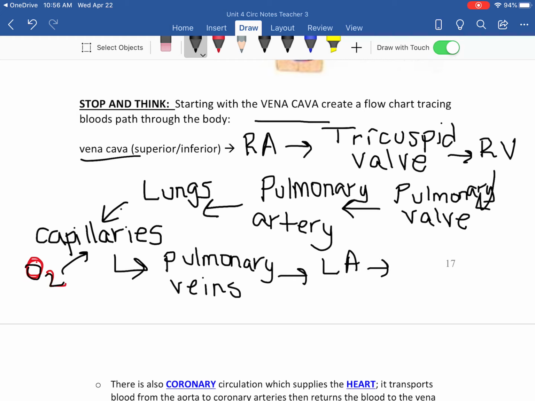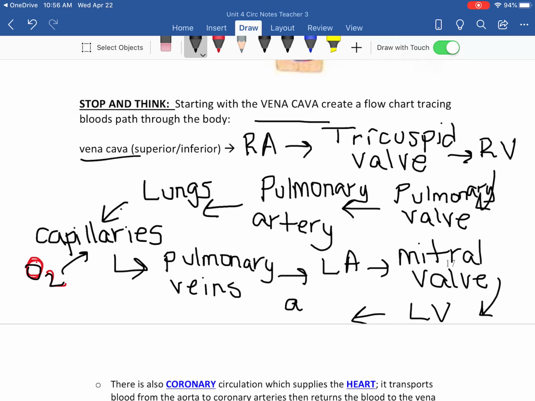Then it's going to cross the mitral valve and enter into the left ventricle, and then it's going to cross the aortic valve, where it will then enter into the aorta, where it will be carried to our body tissues,